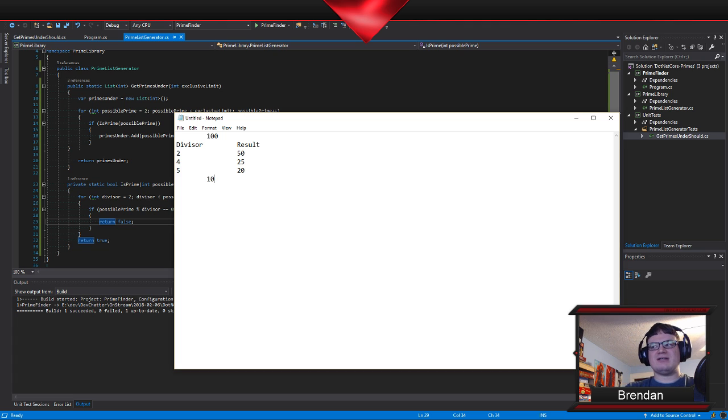So what we end up with here is a nice little trick, which is that we only have to go up to the square root. And the reason for that is that whenever you have divisors, they always come in pairs, except for the square root, and the pair always has a lower and a higher. So if we say that the square root is the largest lower one, then we never have to go beyond it. Because clearly anything larger than this is going to have a pair that's smaller. This is going to be the largest one.